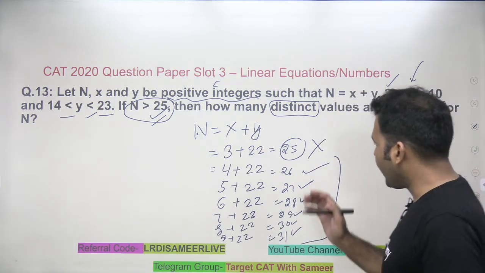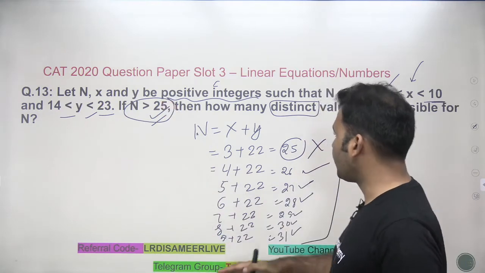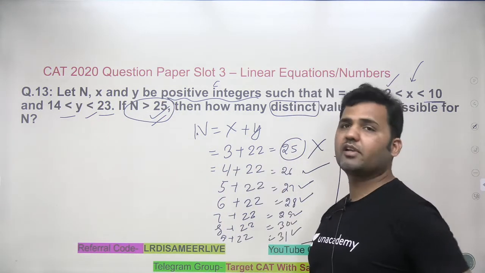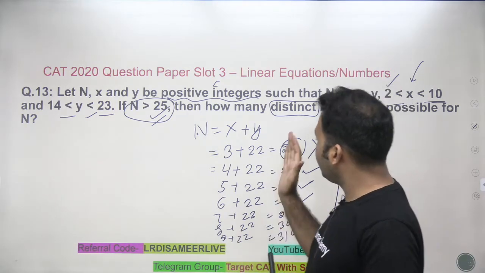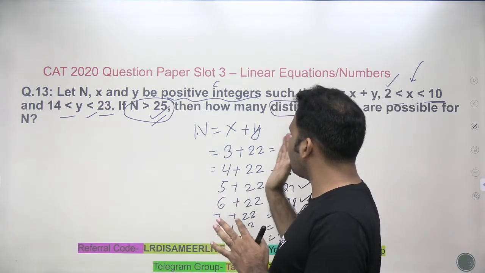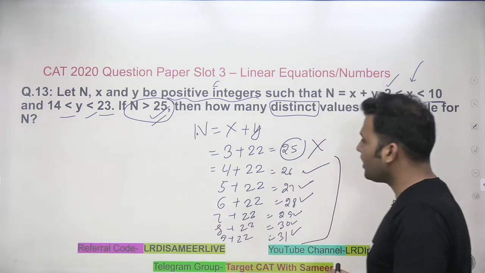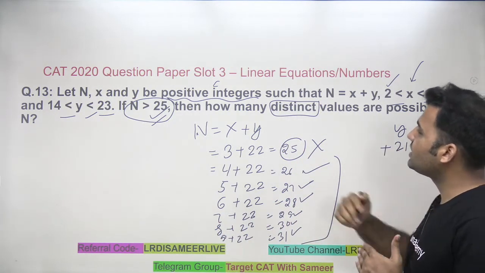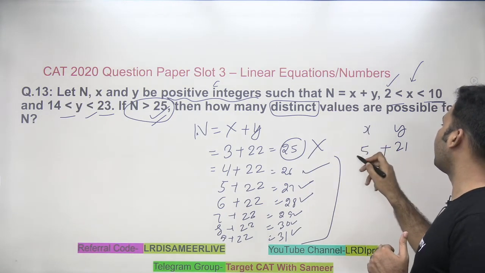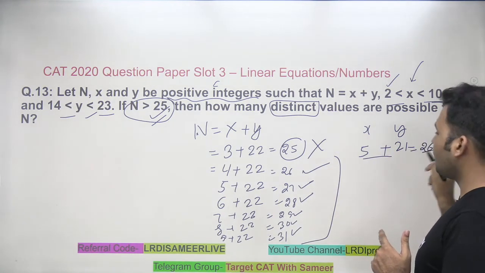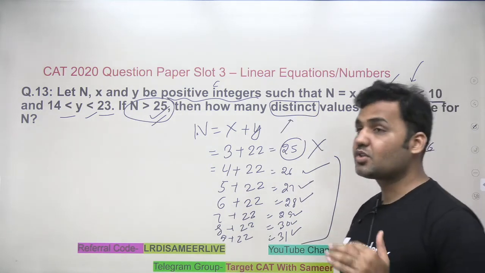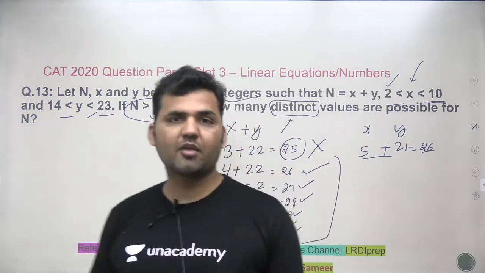Okay, can I put y as 20? What if I start decreasing the value of y? Because you are putting the maximum possible value of y, it is not possible, by taking a number which is less than 22, to get a distinct value. Because if I put y as 21, to keep this value greater than 25, I need to put x as 5. But then 26 is something that I have already counted. I am supposed to find distinct natural numbers, so it will not be a distinct number. 26 has already been taken into consideration.